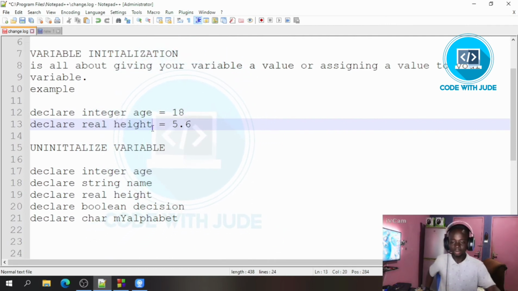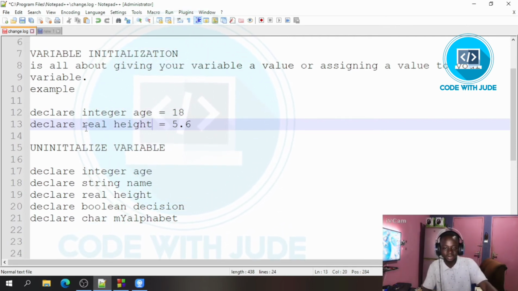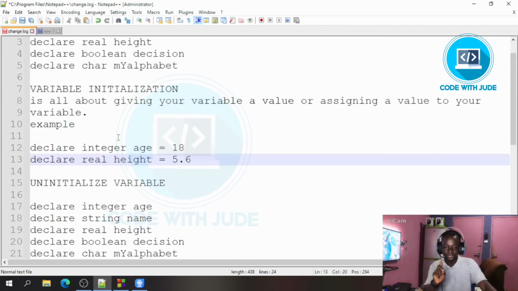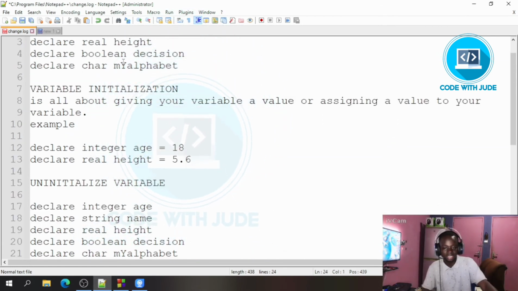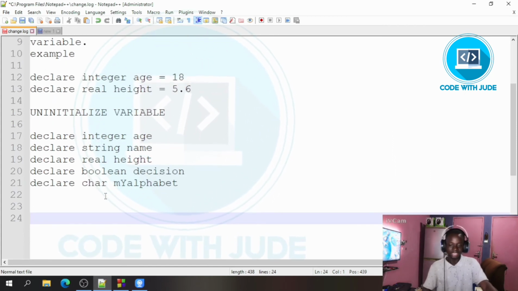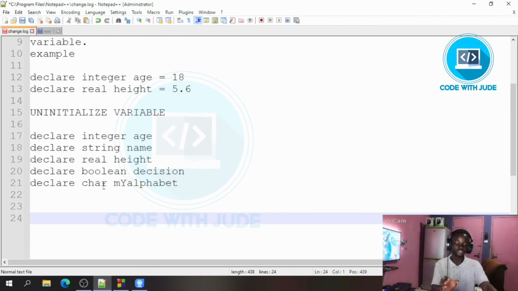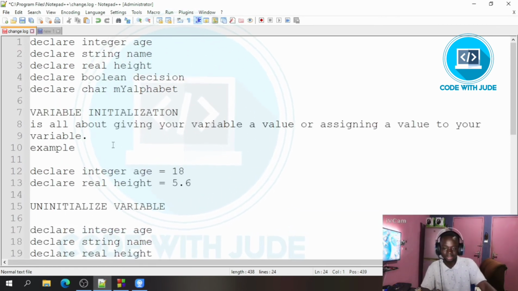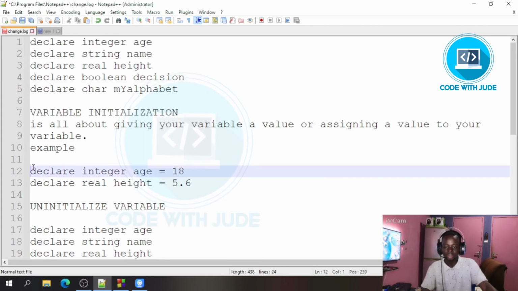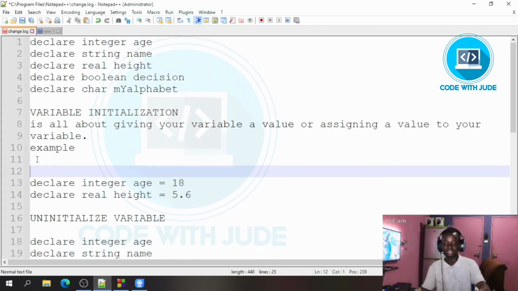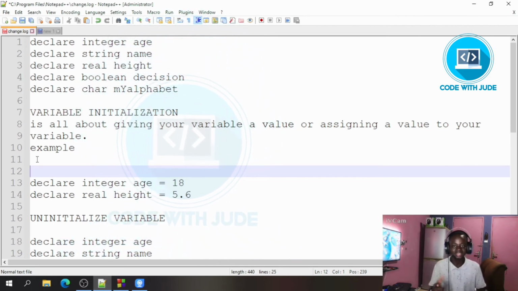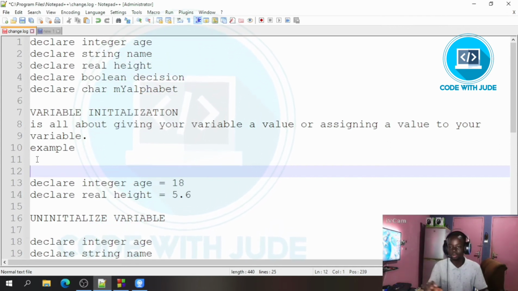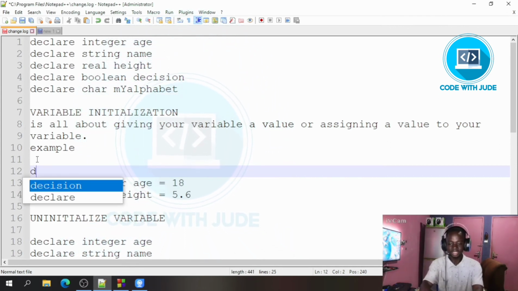Okay, now before I even come to the uninitialized variable, I only talked about the real and the integer data types, and how we pass values to them. Now the character, or char, and the string. It's a little bit dicey when you are passing a value to a string data type or a character data type. Now, initializing a string and a char. When you are passing a value to a string data type, we said that the string takes a series of characters or a combination of characters. So assuming that I declare